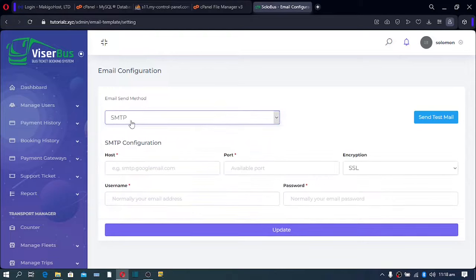Simple mail transfer protocol is used to send emails to your users. I have a video in the description that will show you how to set up or configure SMTP. Watch that video too. That video will show you where to get your host, port, encryption, username and password. You enter those details here and then click on update changes, and then you can even test your site to see whether it can send out emails, because you want your users to be notified